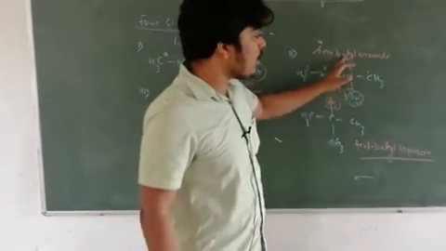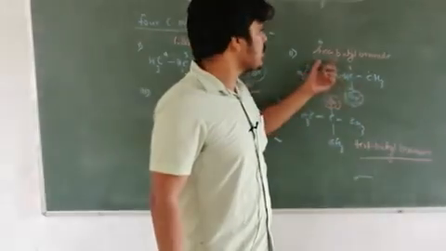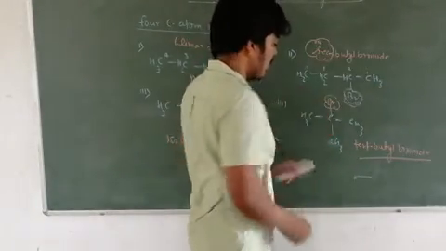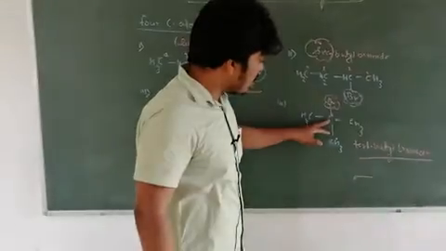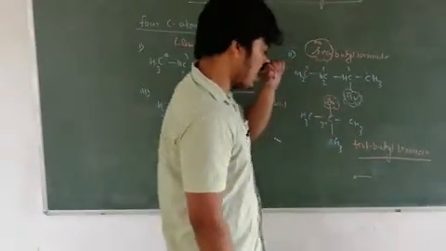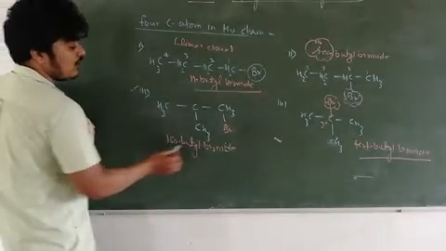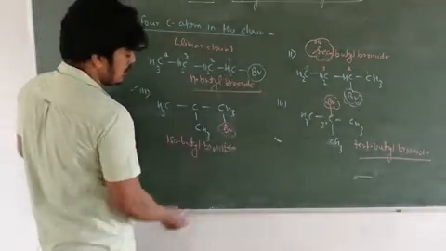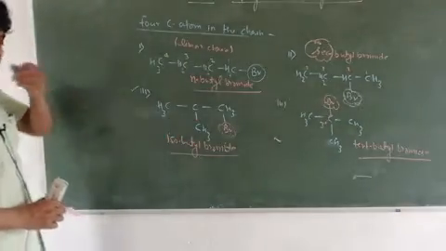This is secondary butyl bromide. When in the linear chain bromide is present on the second carbon, this is termed as secondary butyl bromide. This is termed as tertiary. In the hydrocarbon, bromide is attached where that carbon is a 3 degree carbon, tertiary carbon, so it is named as tert butyl bromide. Whereas in the branched one, if halogen is attached on the last corner side, this is termed as isobutyl bromide, and this one is normal butyl bromide.